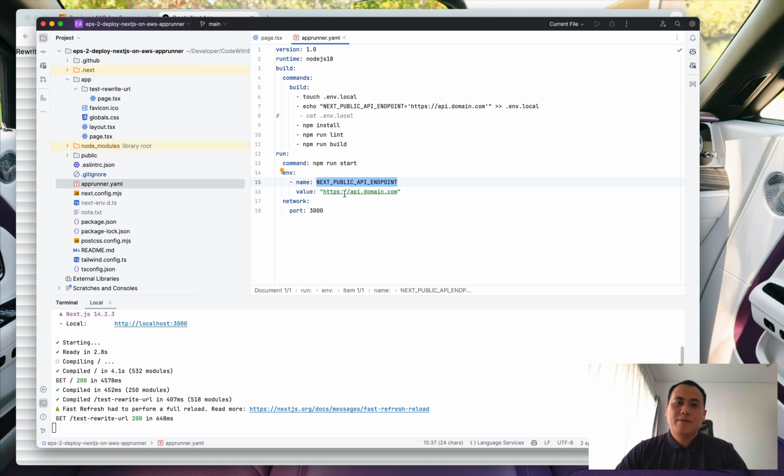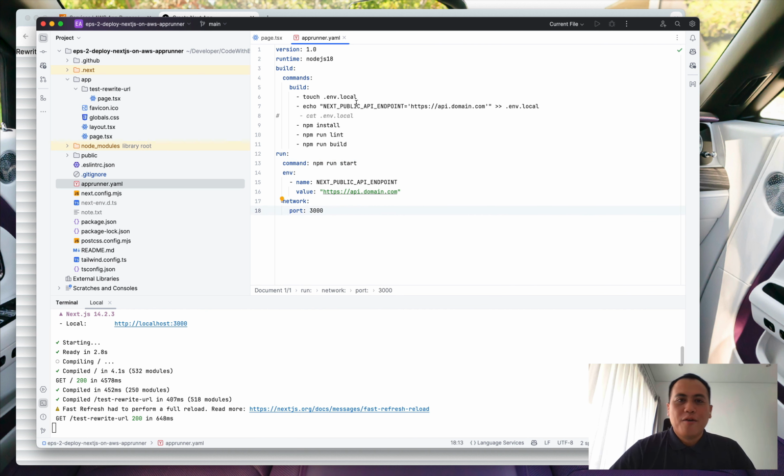So, for example, if you have a backend endpoint, it will call api.domain.com. This is just a fake domain. And since npm run start runs on port 3000, we set up the network here as port 3000.